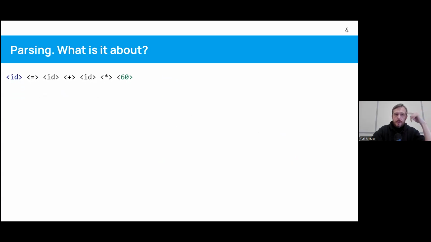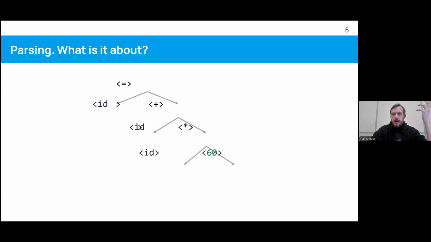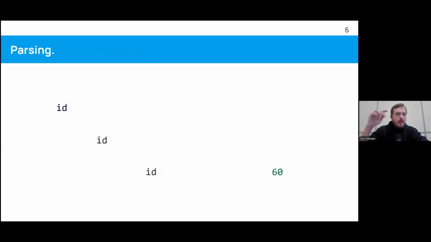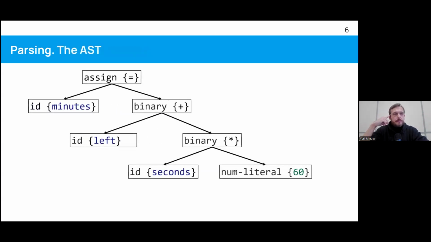If we look at this expression here, we can actually rewrite it and structure it a little bit differently as a tree. And the parsers in compilers and interpreters and stuff like that, they usually produce ASTs. Well, what you see here is an AST already, but let's make it more like real world.